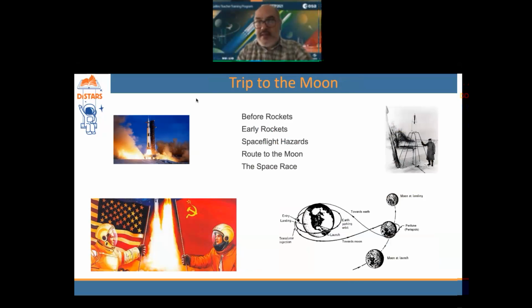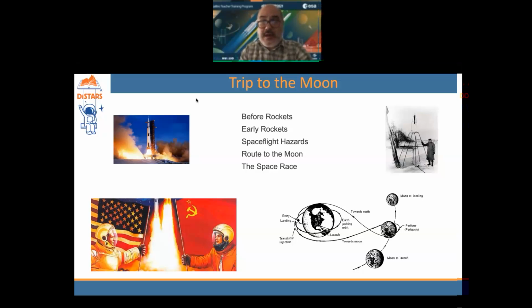The second booklet is about a trip to the moon. So we've been on the moon before, and that was during the 60s and the 70s. It's a long time ago. Most of us weren't even born when that happened, but it was a fascinating adventure, and has really set the stage for today's space explorations.